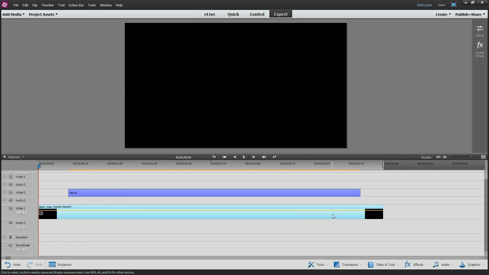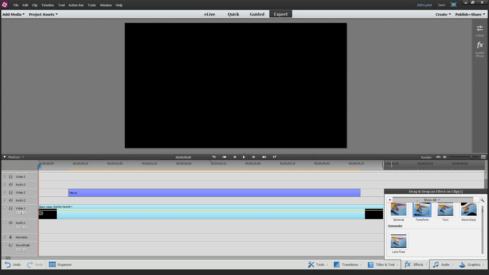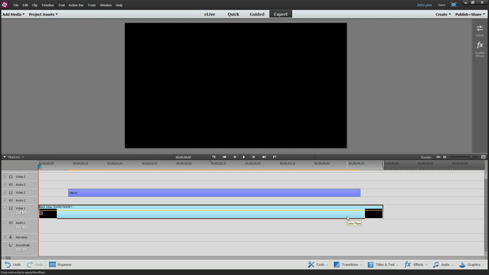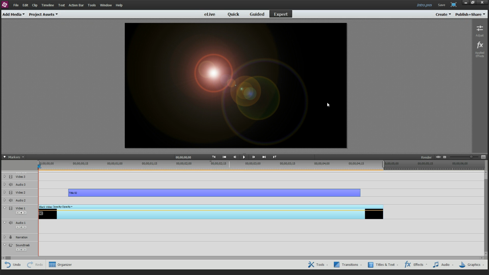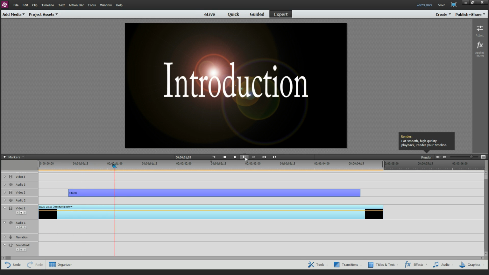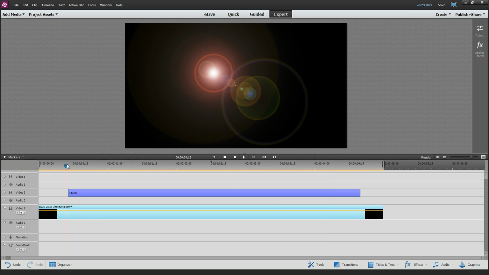So let's select, you don't have to select anything really. Let's go ahead to Effects, and on the Show All, there's a Generate category and Lens Flare. We'll just drag it right on top of that black video, and it will add a lens flare. And I'm not going to mess with the defaults right now. In fact, let me just collapse that so you don't think there's any smoke and mirrors here. Let's go ahead and play this. And okay, that looks cute, but it's a static image and it's very boring.